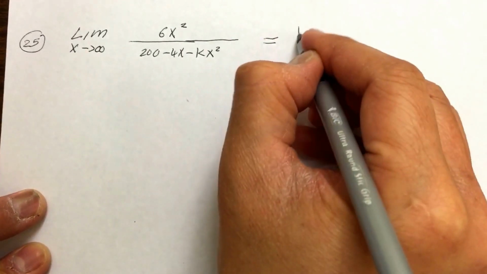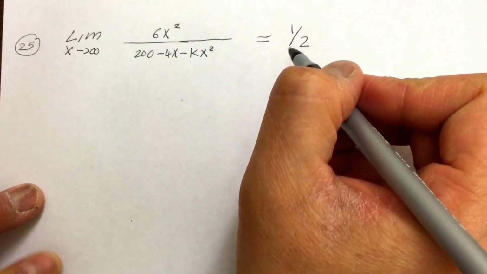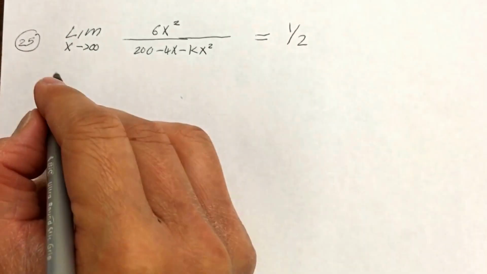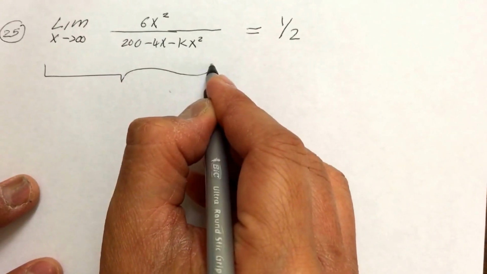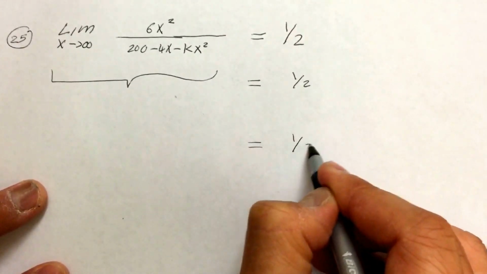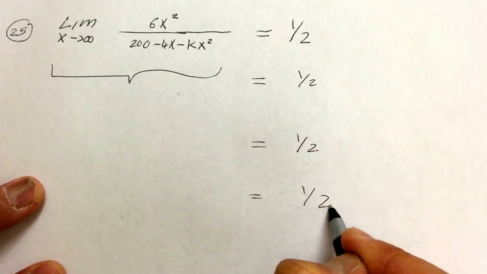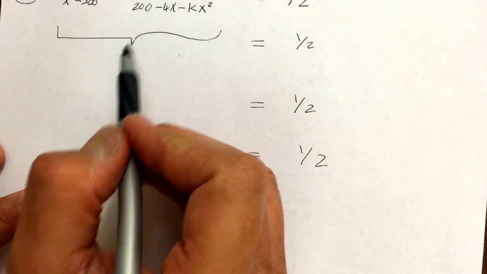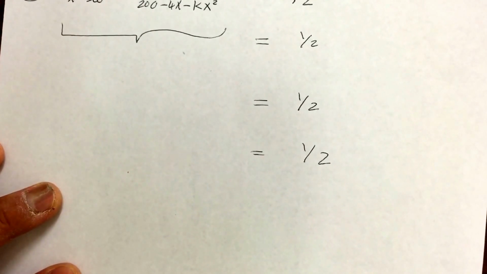And if it were to equal 1/2, what should k equal? What we have to do first is we worry about the left side while keeping the right side the same for now. So if you take the limit as x approaches infinity on the left side,